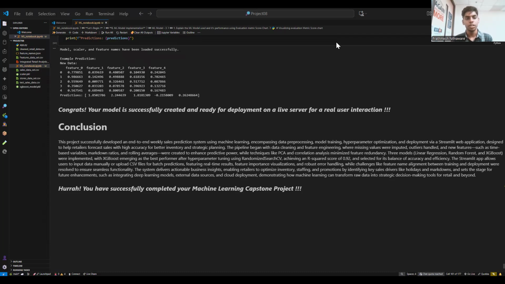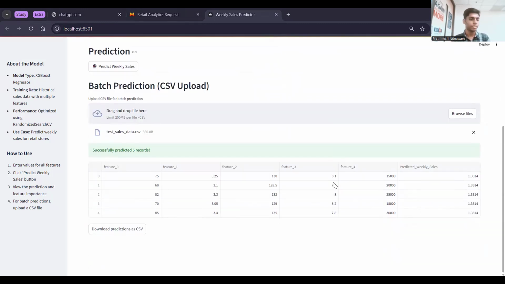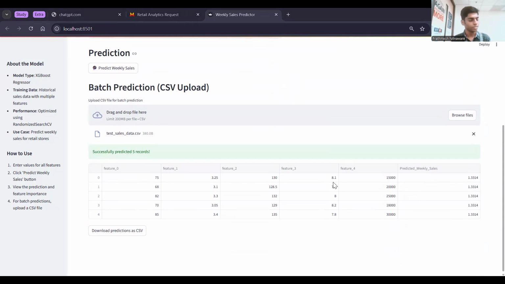Now I will show you my deployed model, which is using Streamlit. So this is my actual model, this weekly sales prediction app. Here I've already uploaded my test sales data. Feature zero, that is temperature, I've put at 75. Feature one is 3.25. Feature two is 130. Feature three is 8.5, and feature four is 15,000. Sorry. So I got the predicted weekly sales as 1.33, using the XGBoost